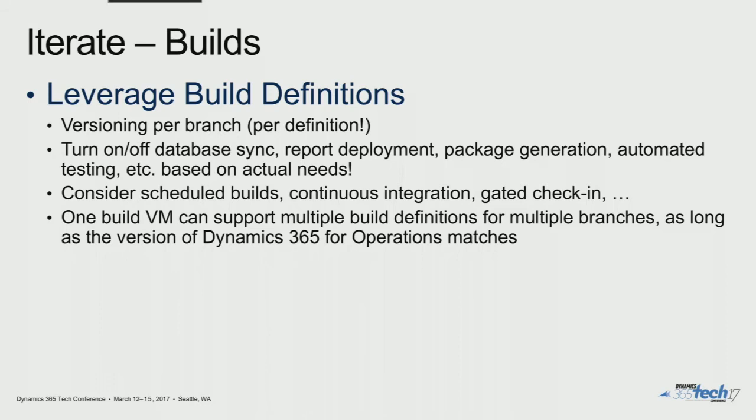one gets set up for your main branch. You can clone these things, right? You can duplicate it and point it to another branch. You can still keep that one build VM. One build VM is all you need as long as you're sticking with one version of AX, right? So when you get down to upgrades, you may need a second one as you're working on the newer version and the older version at the same time. ISVs obviously will have those requirements even more, to have builds for different versions, but you can perfectly fine build different code bases on the same build VM as long as it's the same version. That works fine. So you can create any number of build definitions you want, although